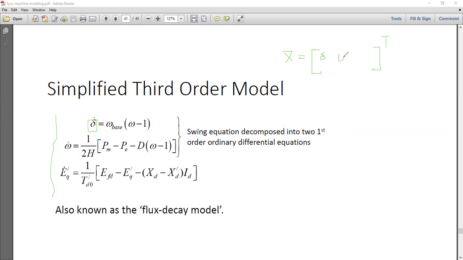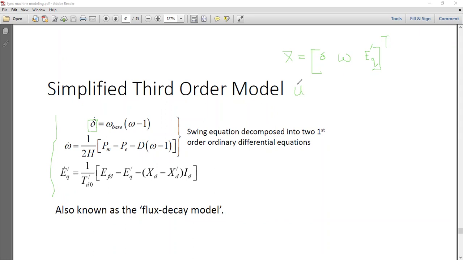What is the second one? Omega. Yeah. Because we have omega dot. What is the third one? Eq prime. That's it. So this is your X. So now you see it's very easy now. After that initial discussion, now it looks very easy. So we have got the X vector. Now, if you remember,